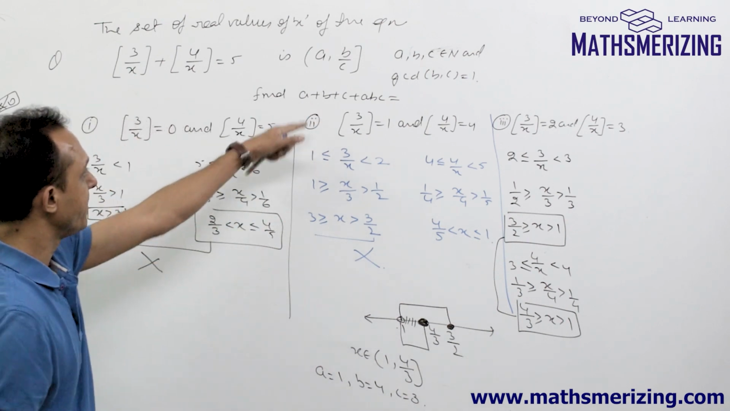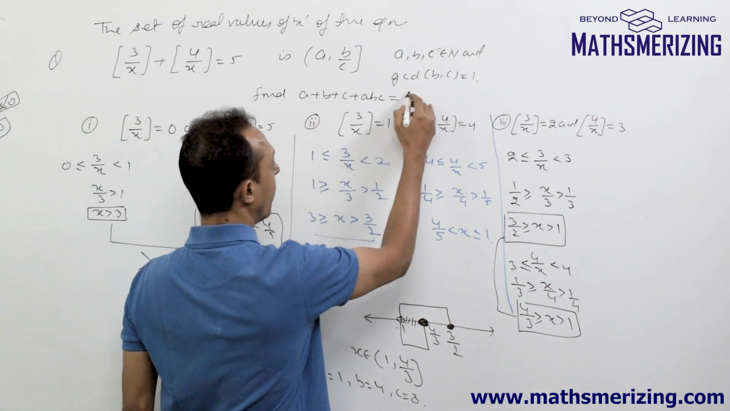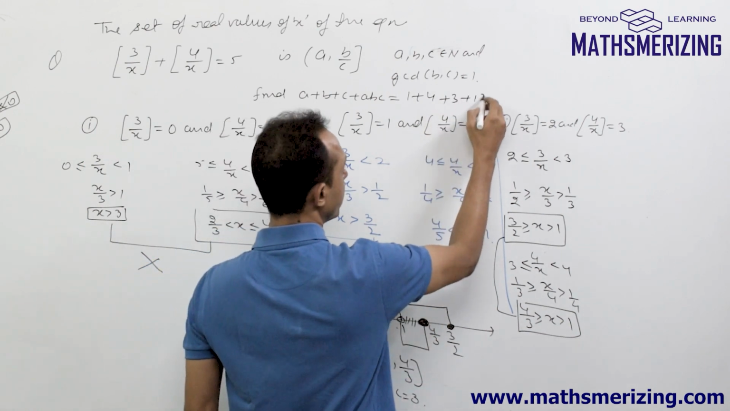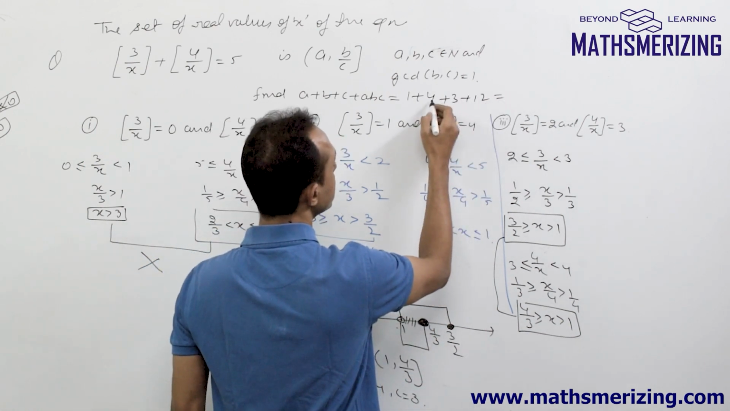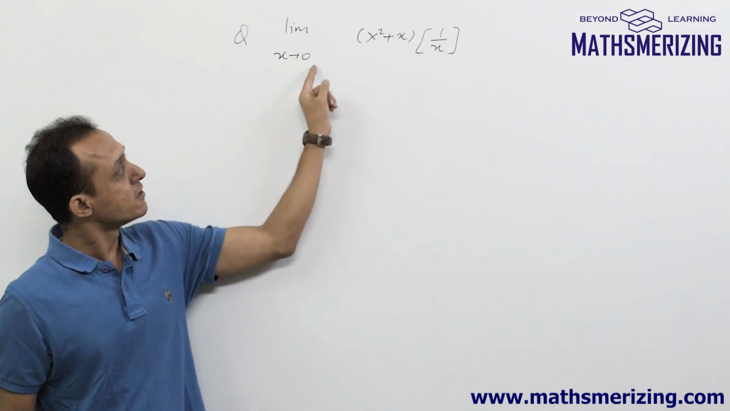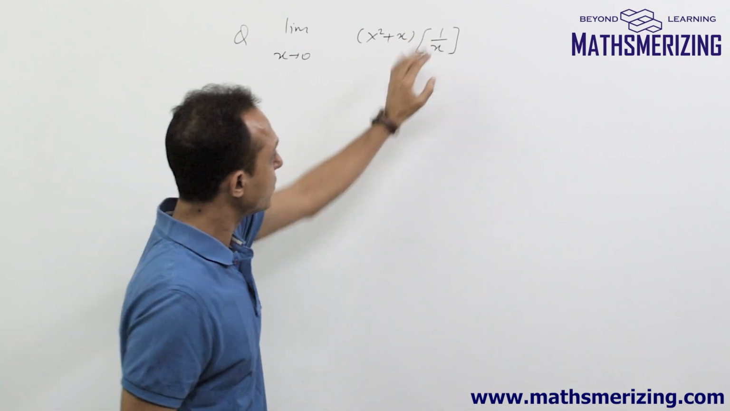So if I put the value of a, b and c, I'll write it as 1 plus 4 plus 3 and then there will be 12. So the answer is simply 20. So now the question is limit x tends to 0, x square plus x into greatest integer function of 1 by x,